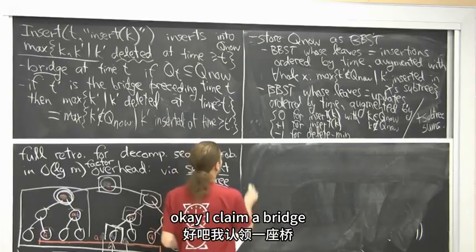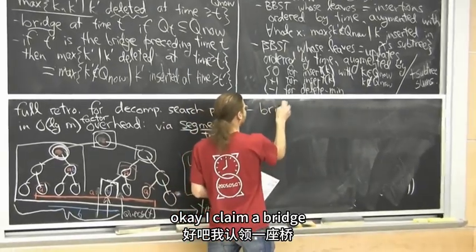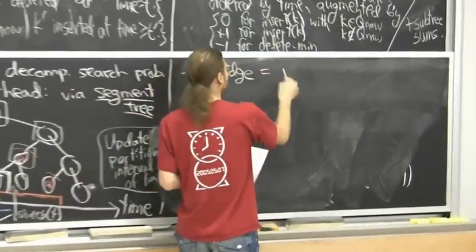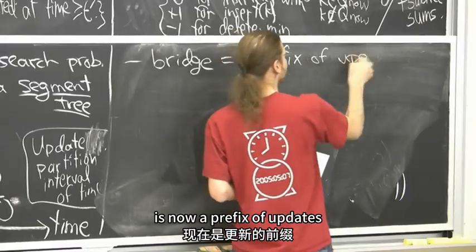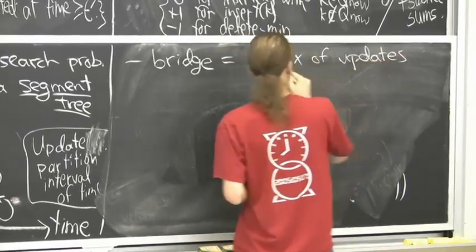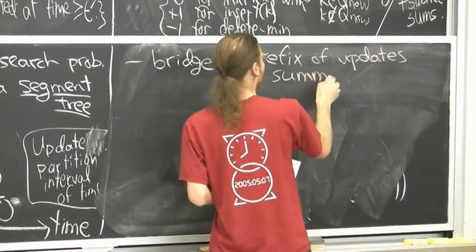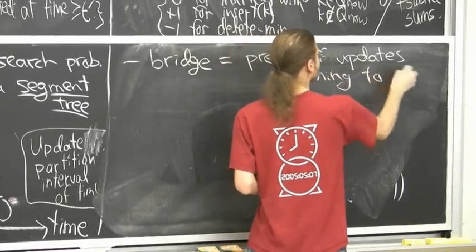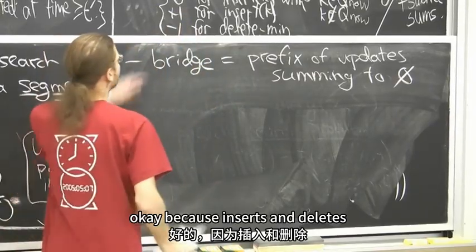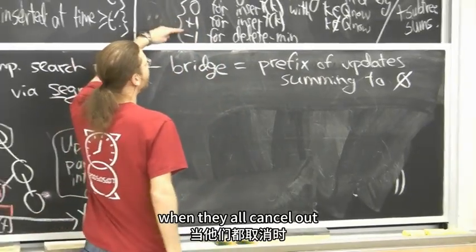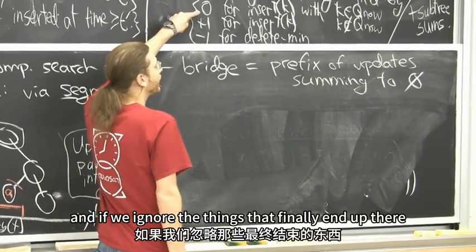Okay, I claim a bridge is now a prefix of updates summing to 0 according to this measure. Because inserts and deletes, when they all cancel out, and if we ignore the things that finally end up there,